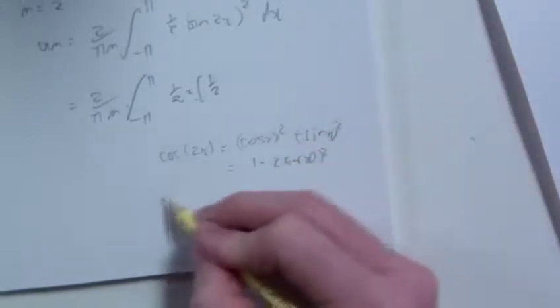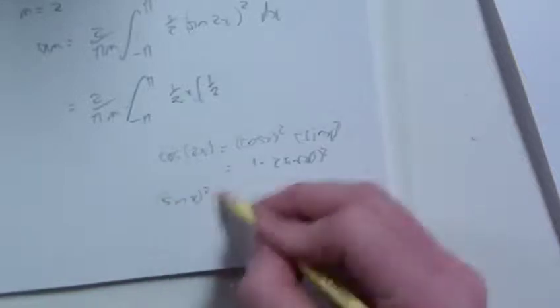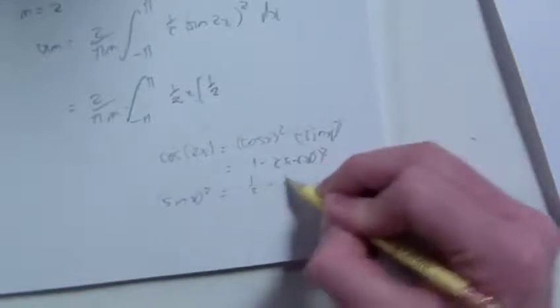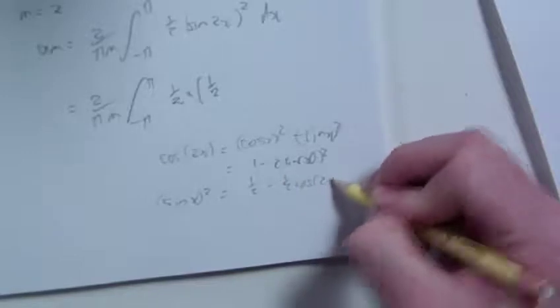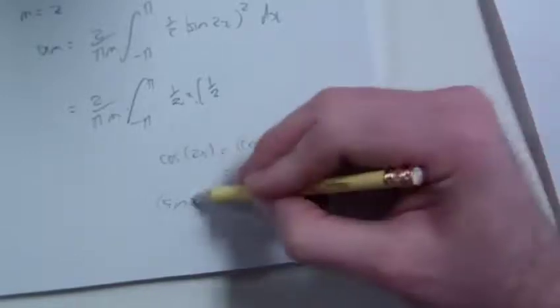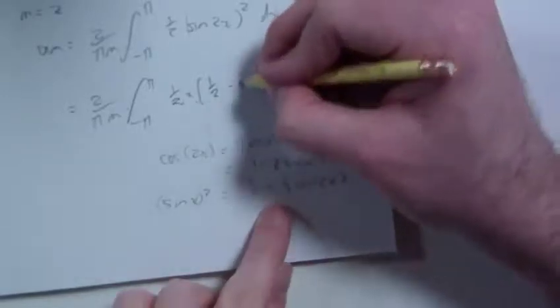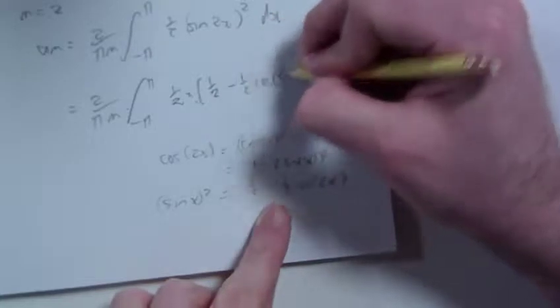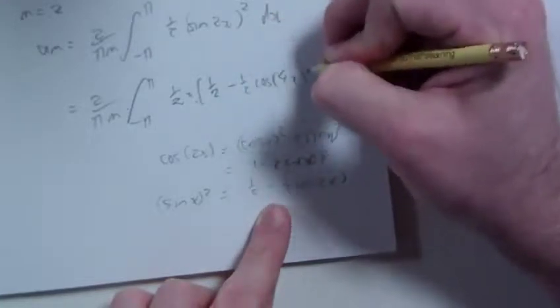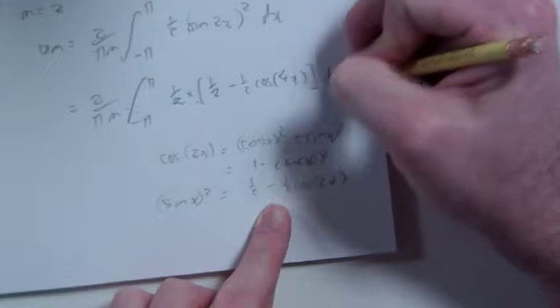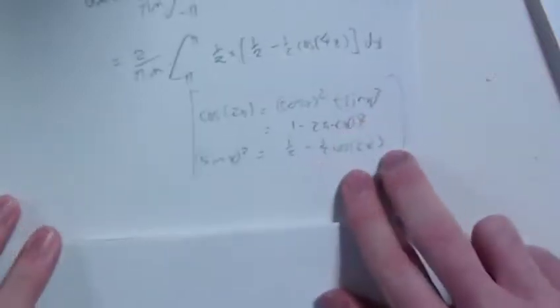So sin x squared would be a half minus a half of cos 2x. And I've got sin 2x, so it's going to be a half minus a half of cos 4x. Wow, okay. This was way more complicated than I thought it would be. Okay, and so we get